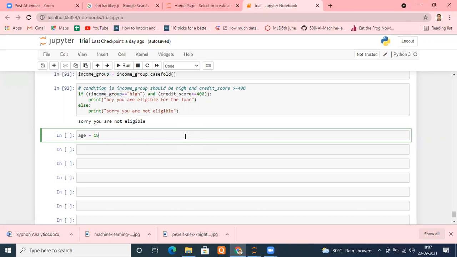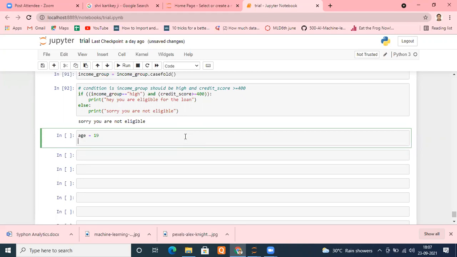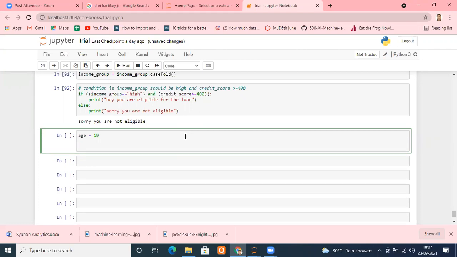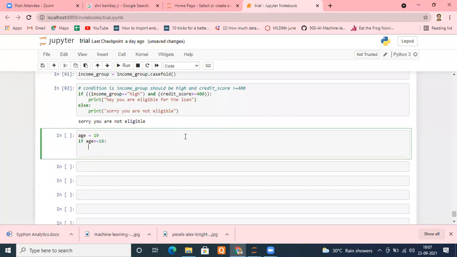Very simply we can do that. There are different ways, let me tell you. What I can do is check if age is greater than or equal to 18, put a colon there, and print "you are eligible".